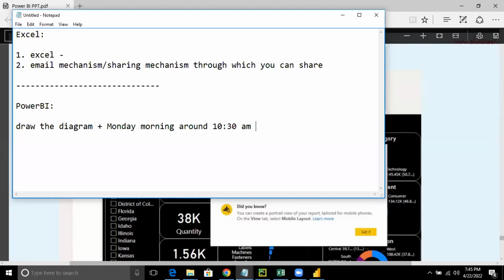In this case, you don't have to do any manual effort at all. That is the whole big benefit of this. Are you able to understand? You can use the concept of Power BI service in which you give instructions to your Power BI tool that every Monday morning, 10:30 a.m., this is the list of all the 50 email IDs to which this updated report will be sent.